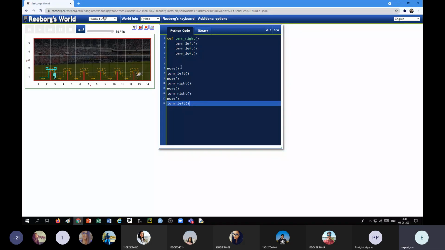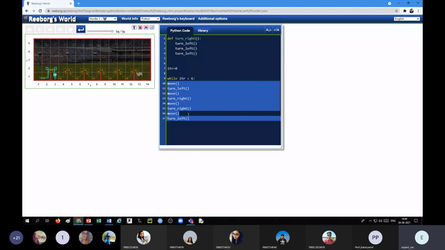Okay, now one way is we can write for loop, or otherwise while loop, but we'll see the next levels. Then we'll find that while loop is the only option. Okay, so I just want to show you while loop and user defined function. So I can take say iteration or number of attempts or number of hurdles, whatever you can say, iteration equal to 0, while iteration is less than 6. Repeat these things.